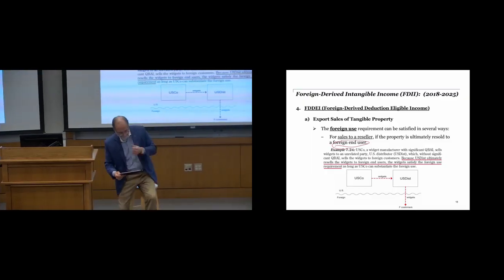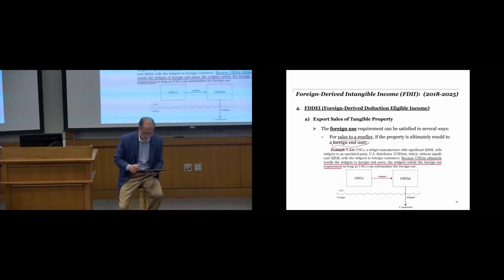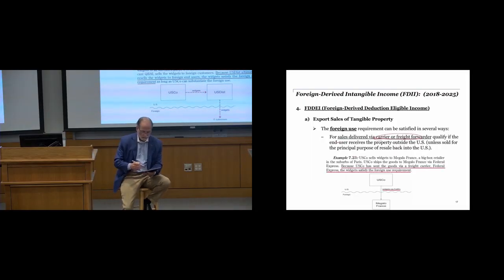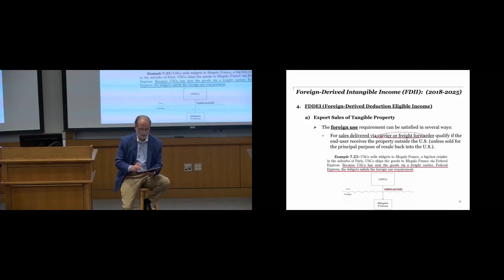USCO, a widget manufacturer with significant Q-buy, sells widgets to an unrelated party, US distributor, US disc, which without significant Q-buy sells the widgets to foreign customers. Because US disc ultimately resells the widgets to foreign end users, the widgets satisfy the foreign use requirement, as long as USCO can substantiate the foreign use. So this is instead of the prior two examples,